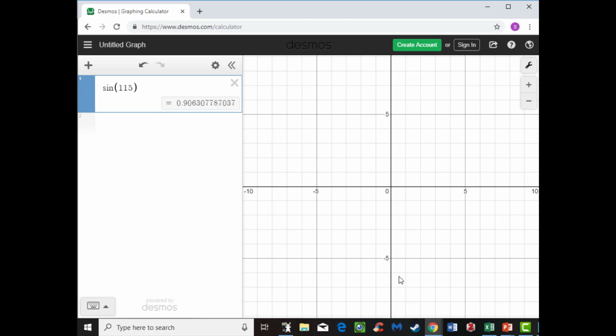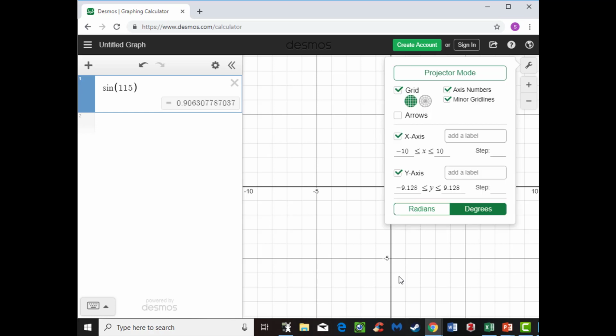Now, if you need to switch back, you just simply select settings, you switch over to radians, and then you can get your new value or switch back to get it in degrees. So that's how you switch back and forth between radians and degrees, and I hope you found this video helpful,